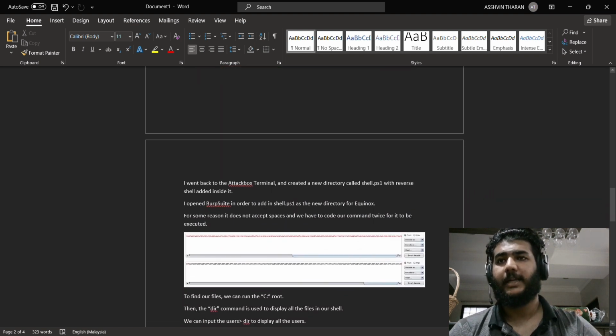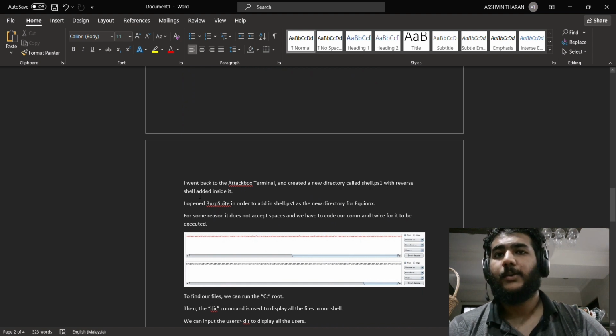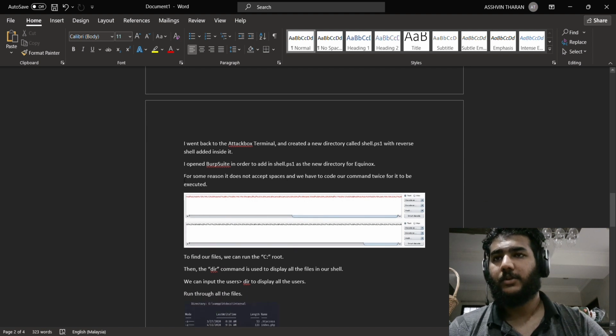I went back to the attack box terminal and created a new file called shell.ps1 with a reverse shell added inside it. Then I opened Burp Suite in order to add in shell.ps1 as the new directory for Equinox. After the proxy was able to intercept and gain the website's data from its server, add